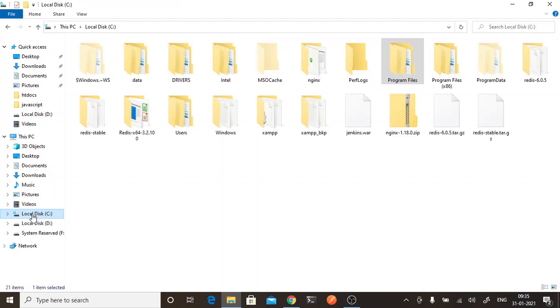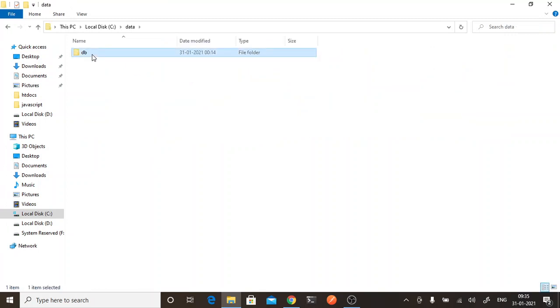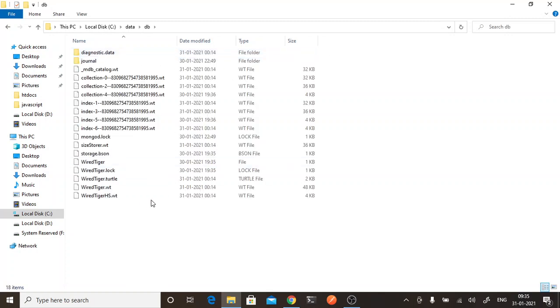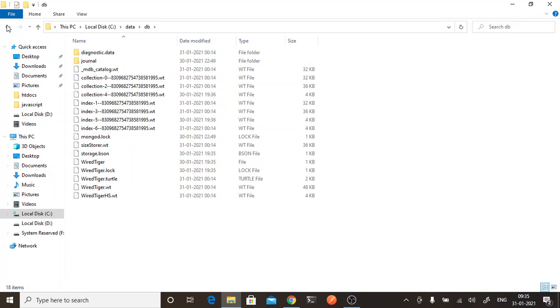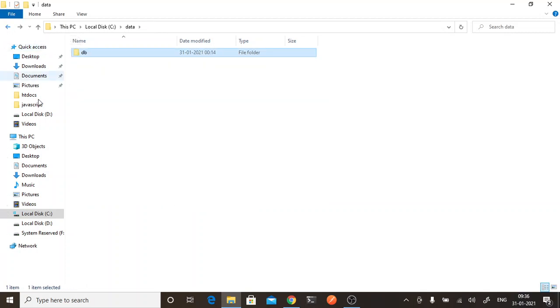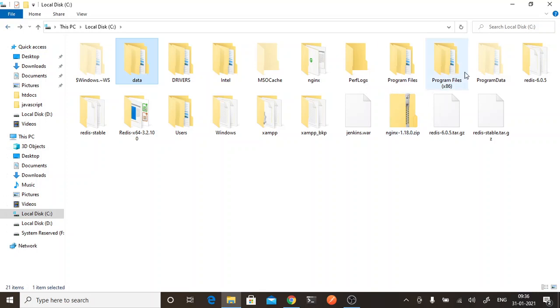Once that is done, you can go to your C drive, and in the C drive you have to make a folder and name it database. Inside that folder, you need to create one more folder named DB. According to the MongoDB settings, whatever work you do in your MongoDB shell will have its records stored over here. Whatever work you do, that log will be stored over here. So that is about the setup.